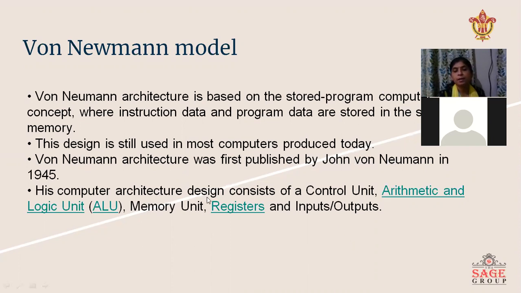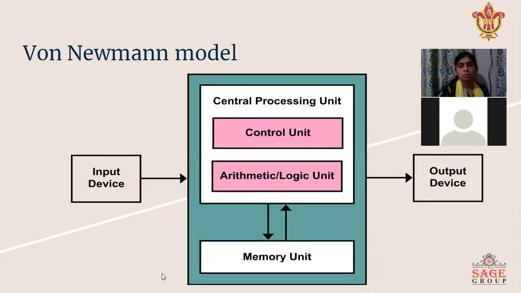The main architecture design units are the control unit, arithmetic and logic unit (ALU), memory unit, registers and input output units. So this is the block diagram, and these different units are connected using connecting wires, and these wires are